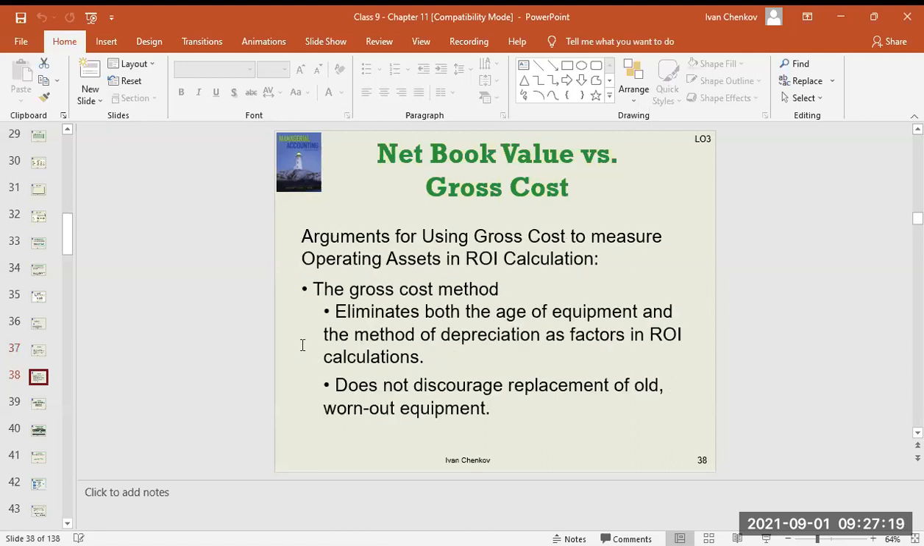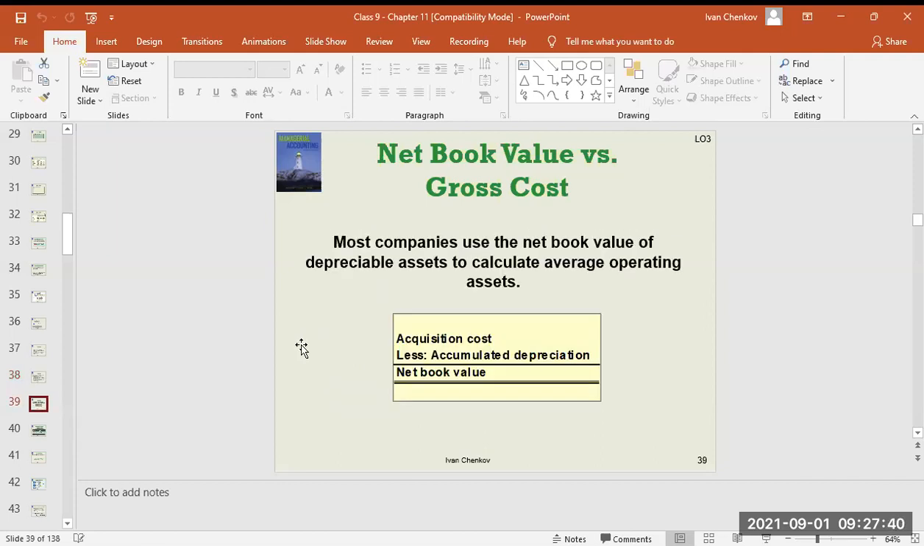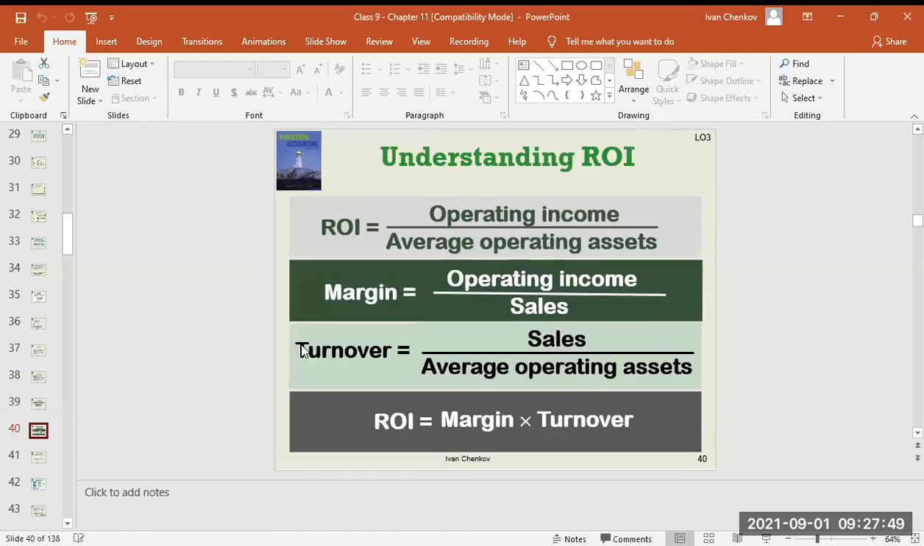The other opponents of this calculation say that we should use the gross cost method, because the gross method eliminates both the age of the equipment and the method of depreciation, and also does not discourage the replacement of old equipment. Anyhow, let's do the calculation. Most companies use the net book value, which is the original cost less accumulated depreciation. In order to understand this,